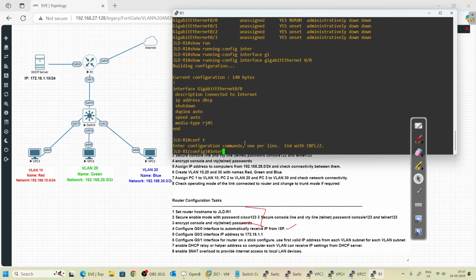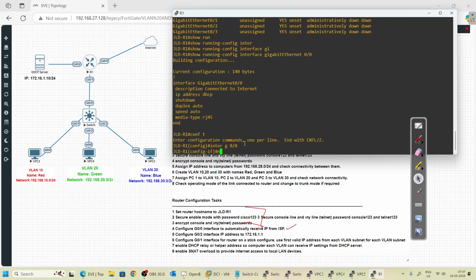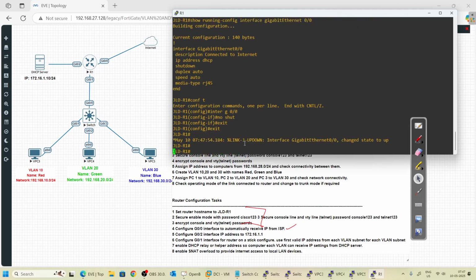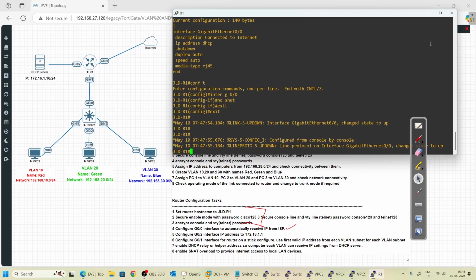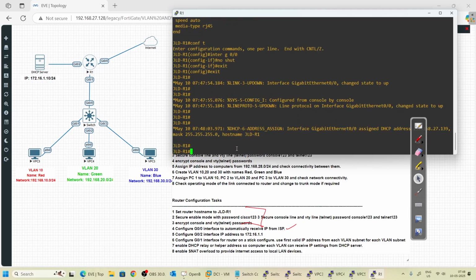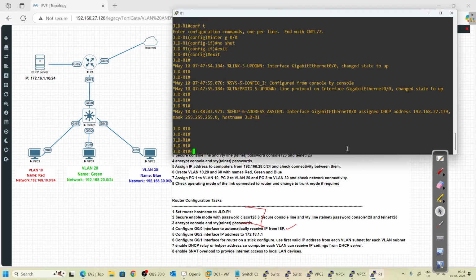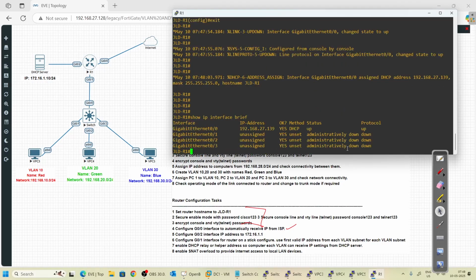Config terminal, interface gigabit 0/0, no shutdown, and see if now it can get an IP address from my router. And the status changed from down to up. Okay, as I can see, it has received an IP address from my local home router, and let's view it again. Show IP interface brief. Now the interface is up and has an IP address